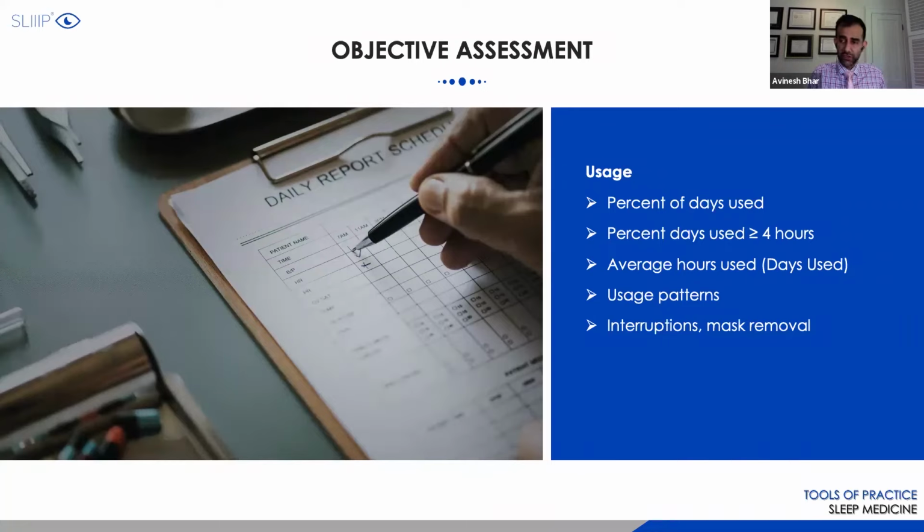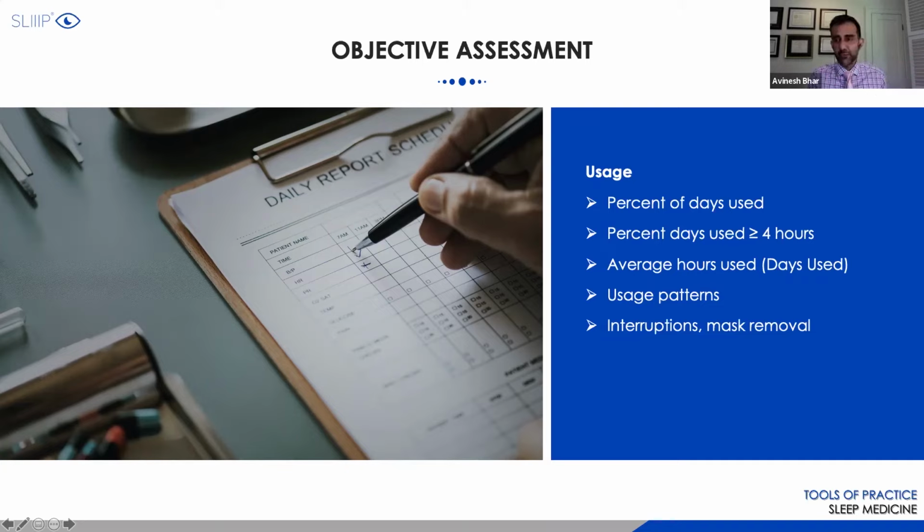So the goal is to treat sleep apnea while you're asleep, not for 4 hours. 4 hours is an insurance requirement. And that's why it sometimes upsets me that DME companies go just 4 hours, and patients literally, after 4 hours of use, take the mask off and put it aside. And you don't want them to do that.